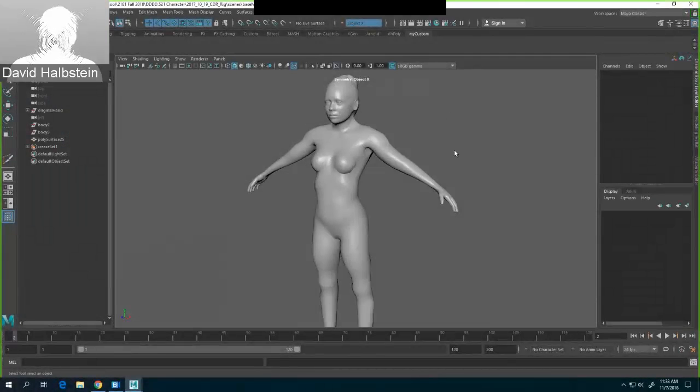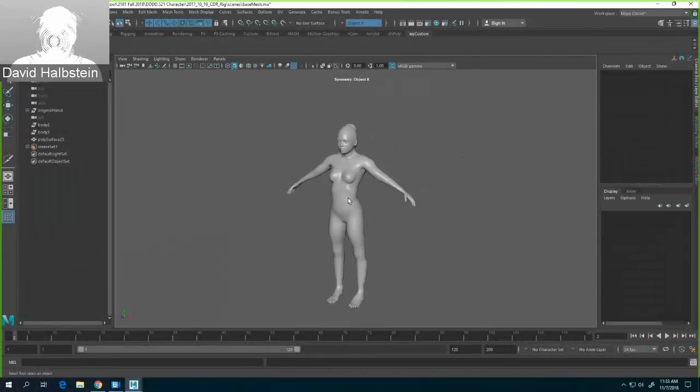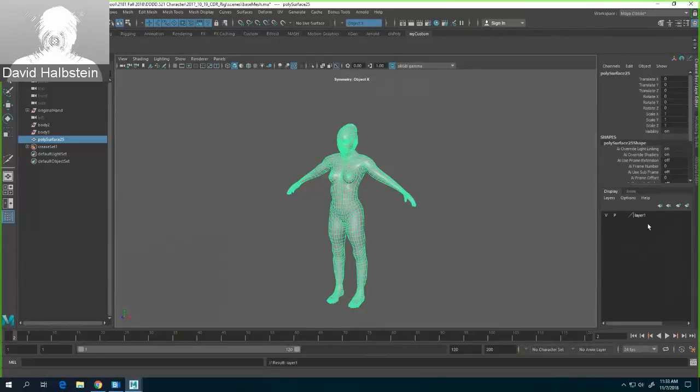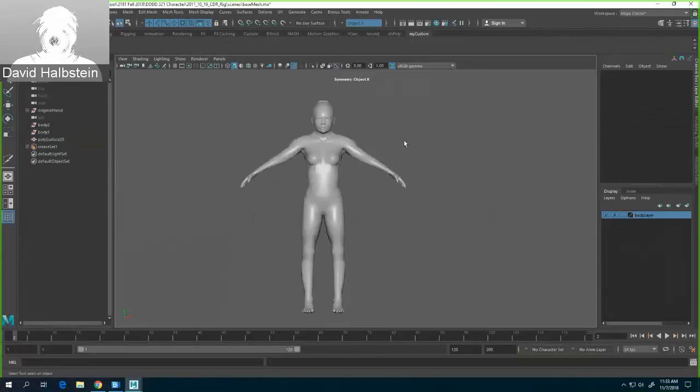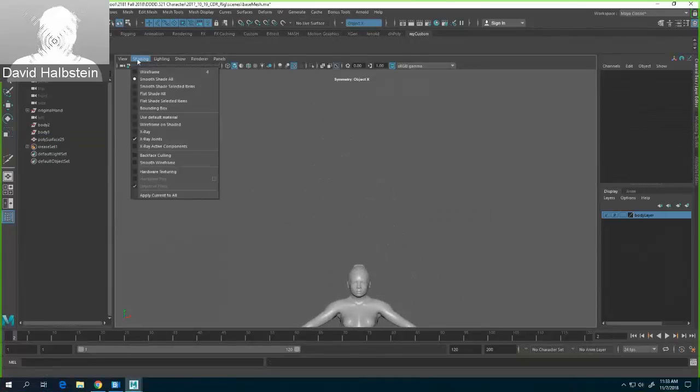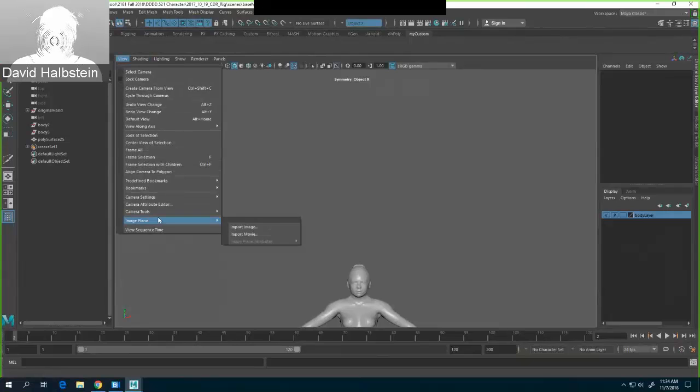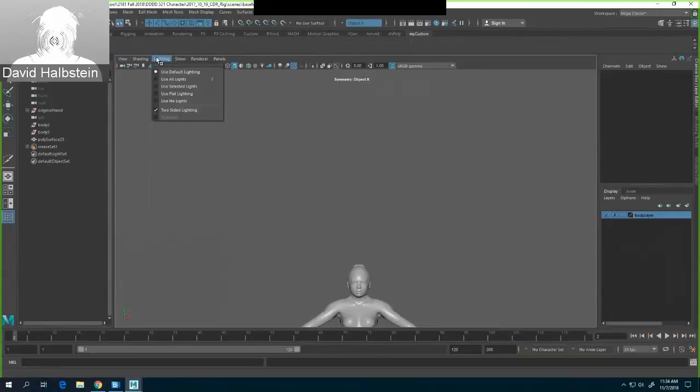All right, so I guess the first thing I'm going to do is put this on a layer. Okay. And before I even get started with this, I want to talk a little bit about skeletons and joints to begin with. All right, so I'm going to turn on my grid,